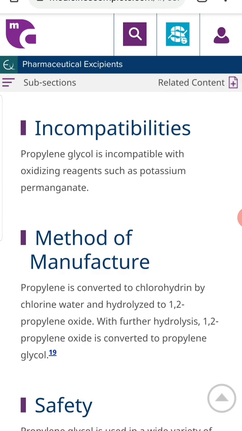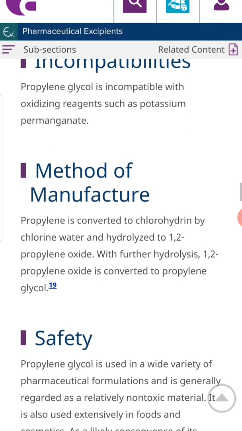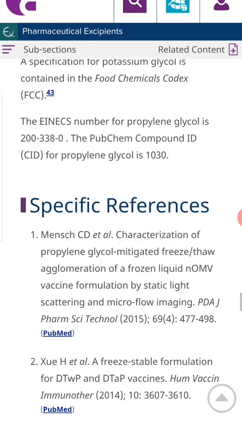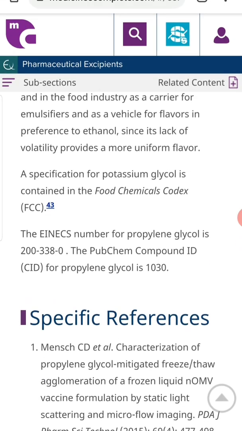So like this, you are going to get information, and along with the information you are also going to get many references pertaining to that particular information, right? So in this manner, this is not only useful for PharmD students, you are going to get a complete package which can be used for research for BPharm students, MPharm students and PhD scholars also.